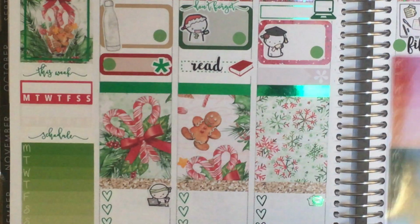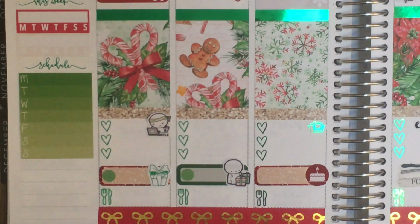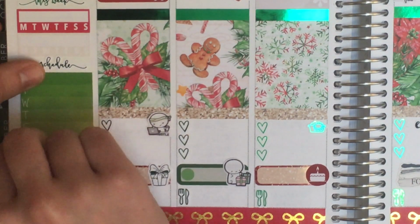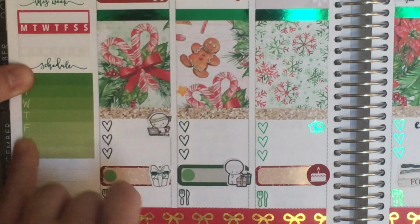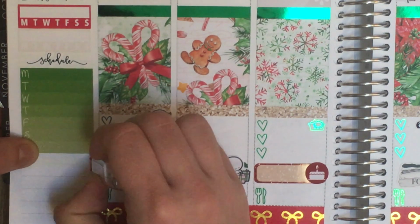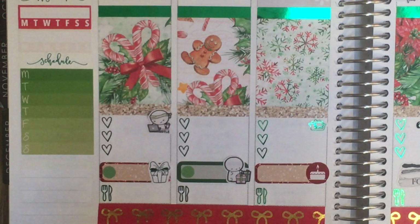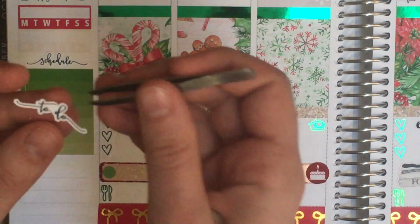So hard to get anything straight. I mean, it's hard enough to get stuff straight when it's all lined up together, but when each individual thing is just on its own, it's very difficult as well. But I think we're doing pretty good. But I guess also it doesn't matter as much if one thing's crooked, because then it's only just that. It's not affecting the rest of it, so I don't know. Maybe it is easier. So, whiteout another line for a to-do script here, and then yeah, I think